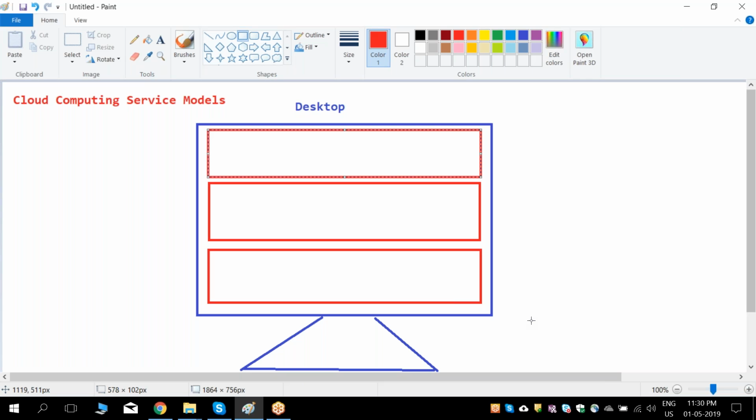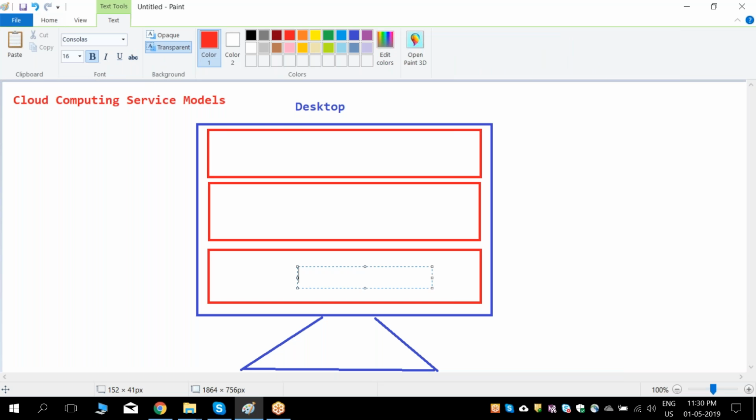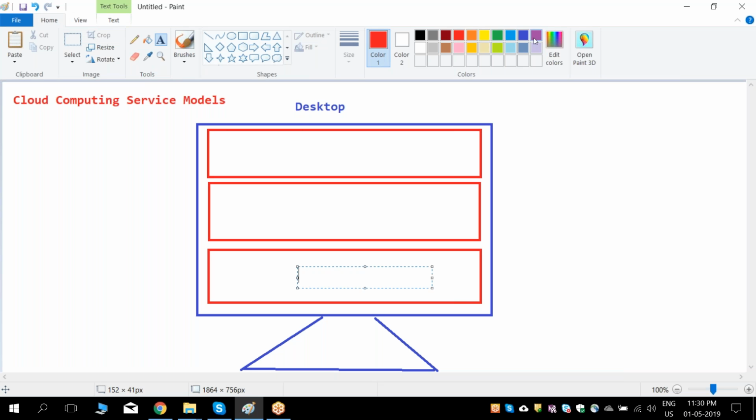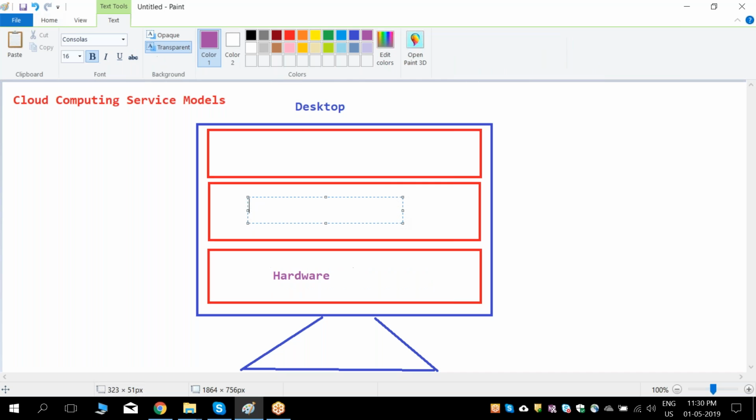The first layer is called hardware. So without hardware, are we able to work with any desktop? No, right? We need hardware. Without that, can we do any work? No, I cannot do. So hardware is required. On top of hardware, you need to install the operating system. So that is hardware